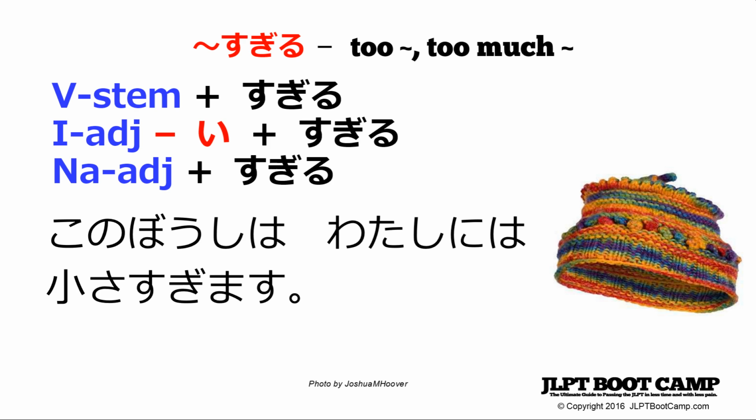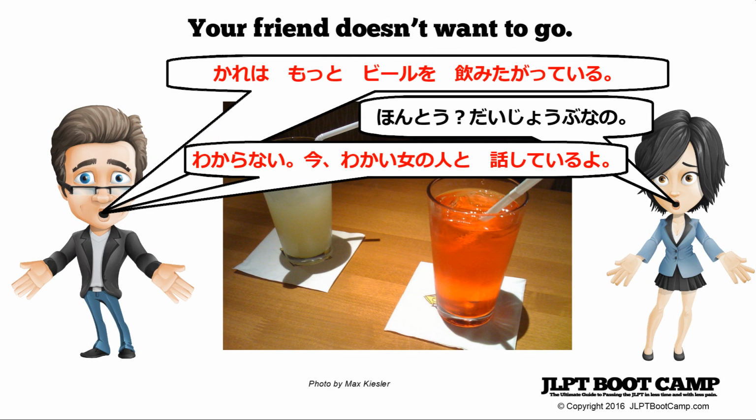And that's sugiru, a very useful structure, but you'll notice that this is a verb. So you can't really use it the same way as we use it in English, as an adjective. So you have to be careful how you use that, which means sometimes a lot of restructuring of some sentences. But to move on to the final scene here, your friend doesn't want to go, so you